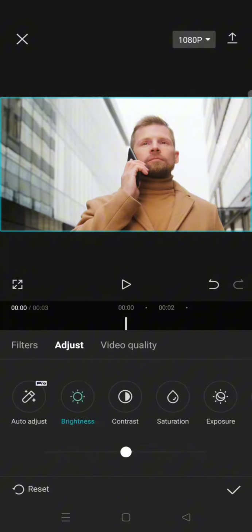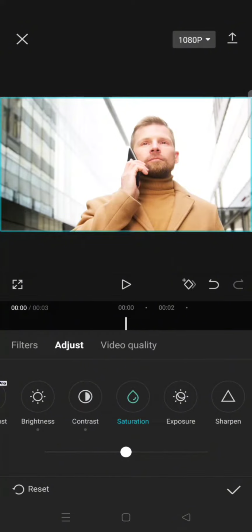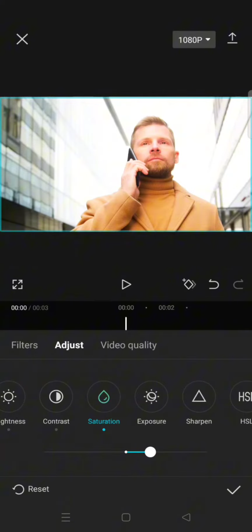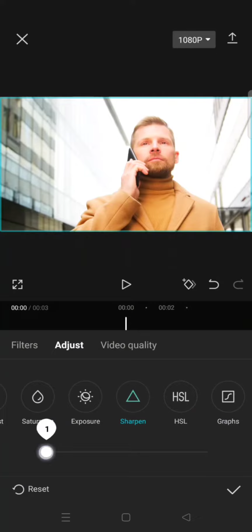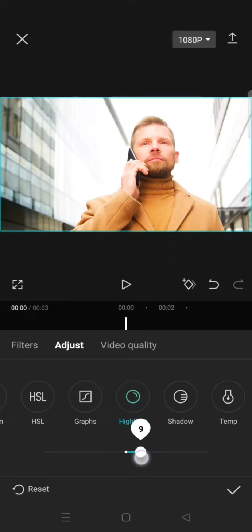So for the brightness, increase it to 15, contrast 10, the saturation 15, then increase the sharpness into 100 like this. Now click on the highlight and increase it to 15,